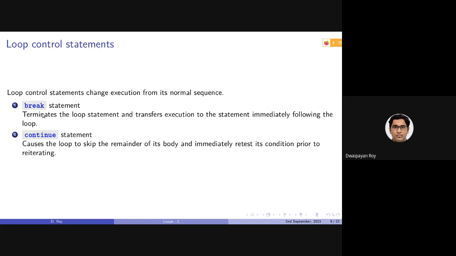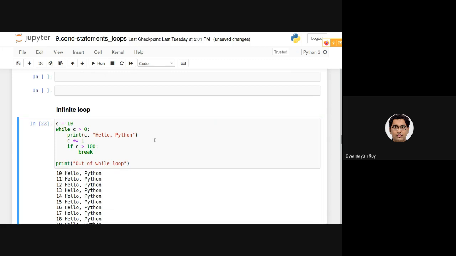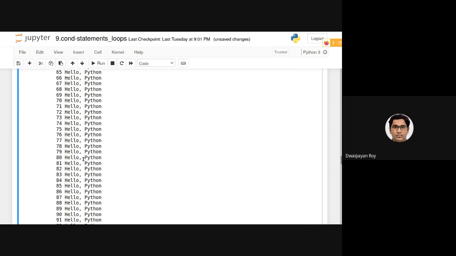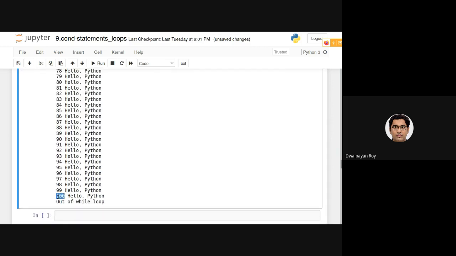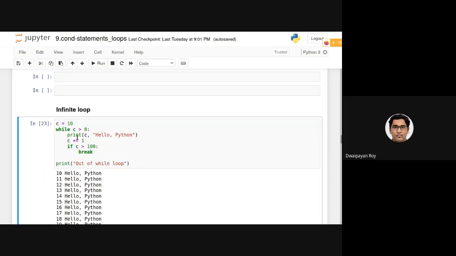So break terminates the execution of the loop statements and transfers the execution to the statement immediately following the loop. So we can simply put a break here. Now if I execute this, you can see 10, 11, and so on, the output we are getting up to 100. As soon as the value of c has become 101,